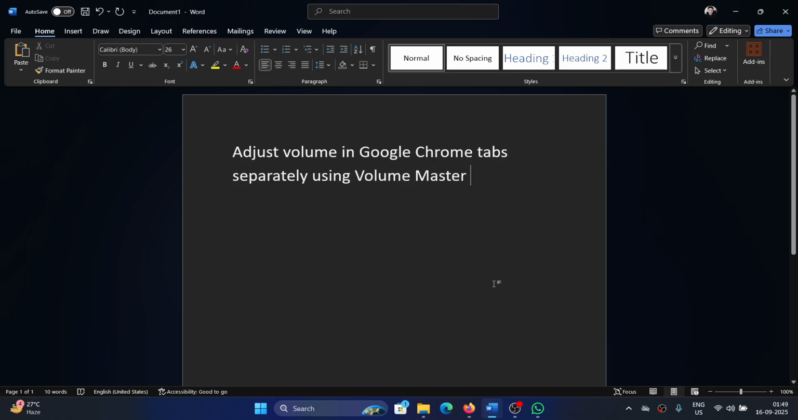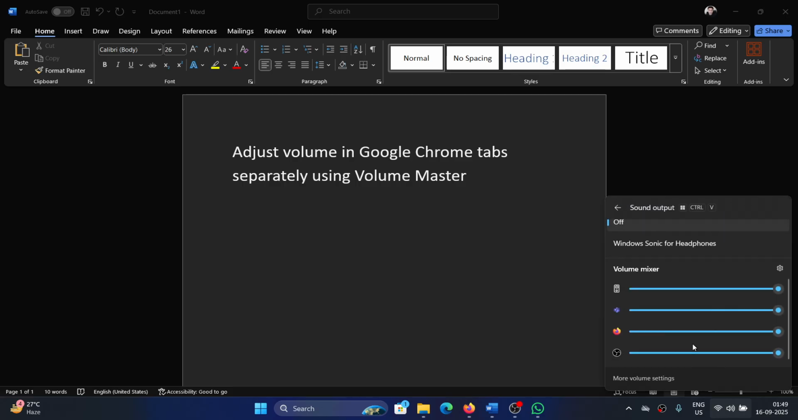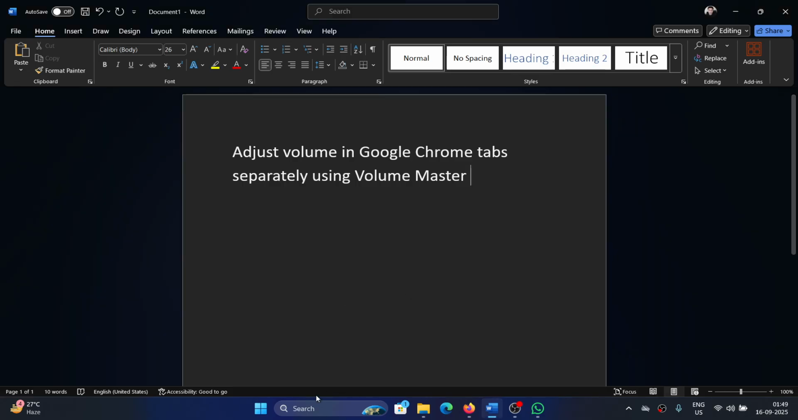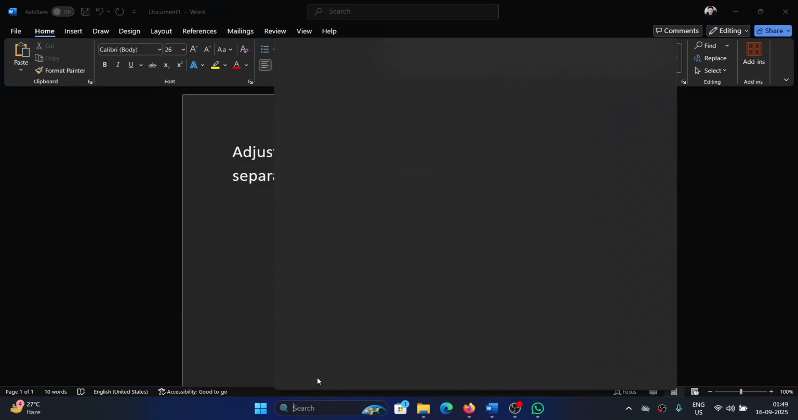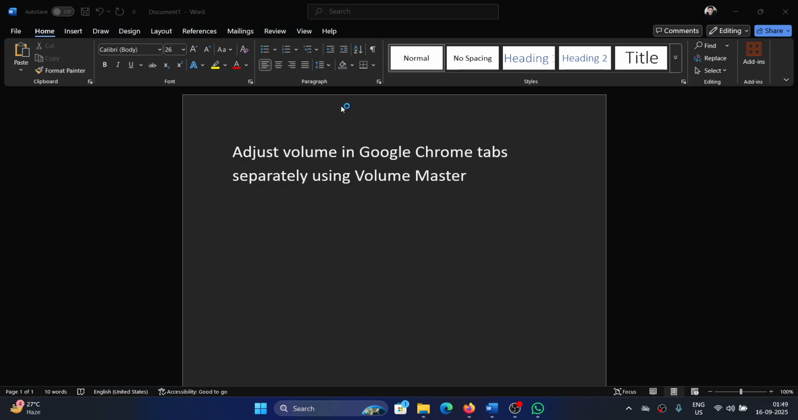Hey friends, a lot of users are asking me, is there any way you can adjust volume in Google Chrome tabs separately, like not using the volume mixer of the system that is for Google Chrome as an application, but amongst tabs in Google Chrome. So well, you can do it through a third-party software product called Volume Master, and I will help you with